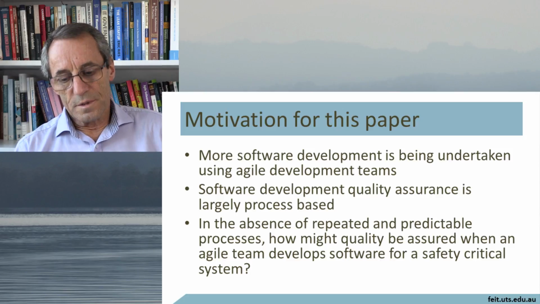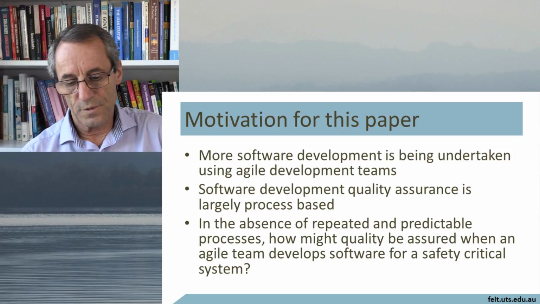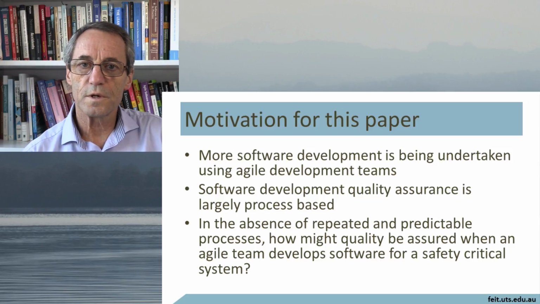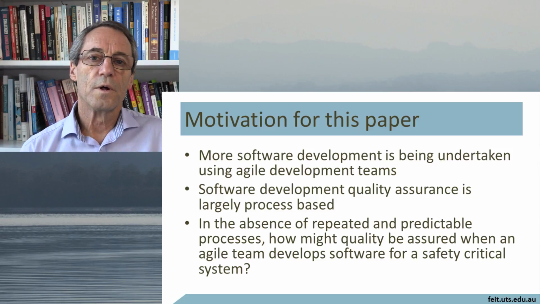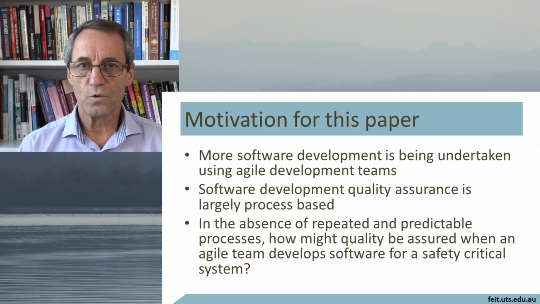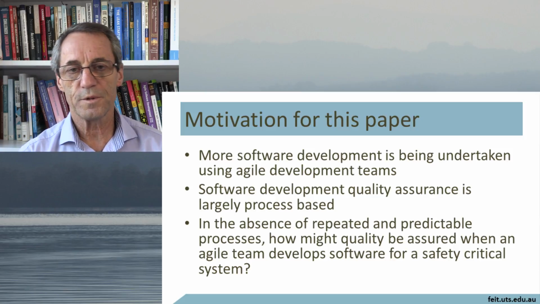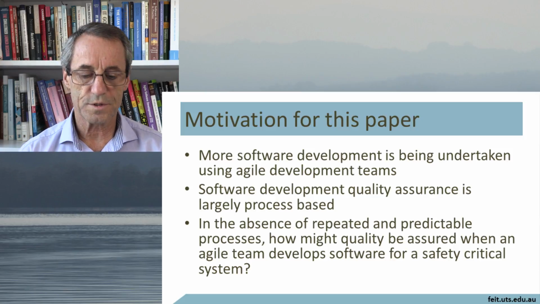Now, in the absence of repeated and predictable processes, how can we assure quality, particularly with an agile team that develops software for safety critical systems? So this is the environment in which we're just thinking about, well, what do we do? How could we do it? So to examine this, we'll have a look at the various parts of it. We'll start with setting the scene with